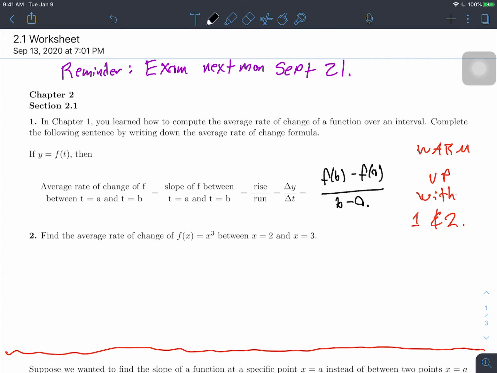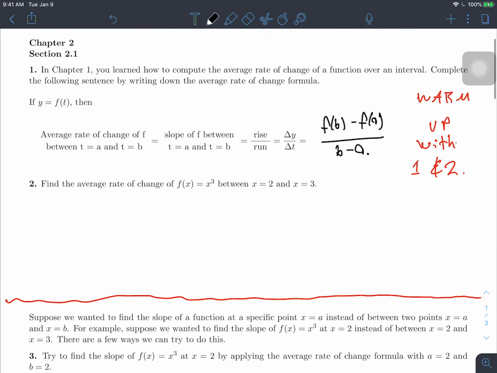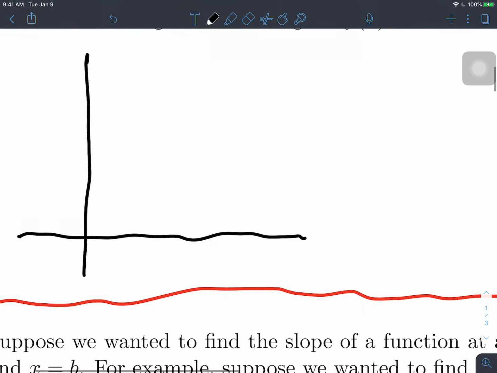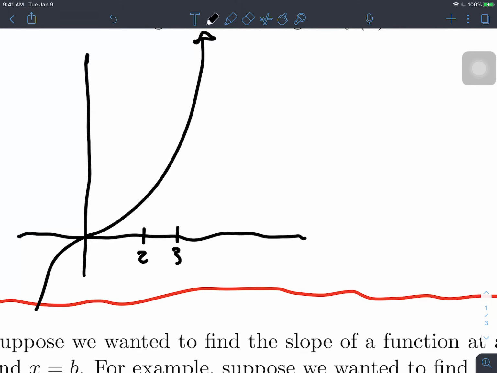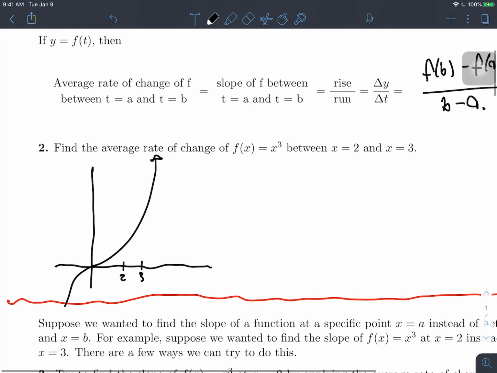So what Yasmin just said is that when we compute the average rate of change between 2 points, what we're really doing is computing the slope of the direct path between those 2 points, okay? So, for example, let's do x cubed. I'll do a drawing. Let me put the x's a little bit lower down. Okay, so what does x cubed look like? It looks like this on this side and like this on this side. Okay, so if here's 2 and here's 3, and those are the 2 points we're supposed to find our average rate of change